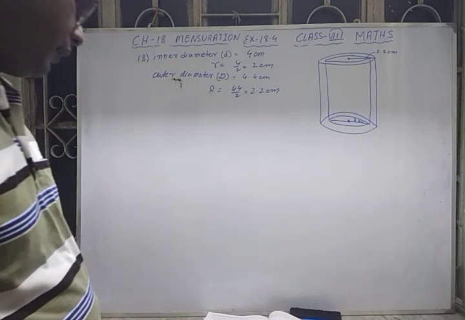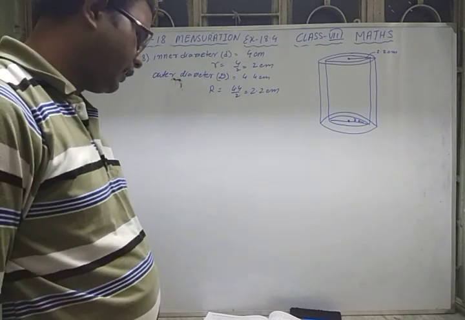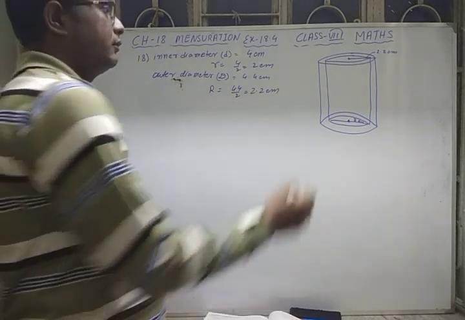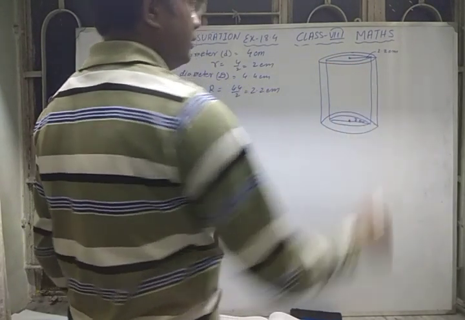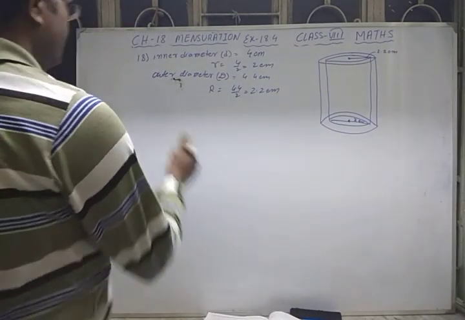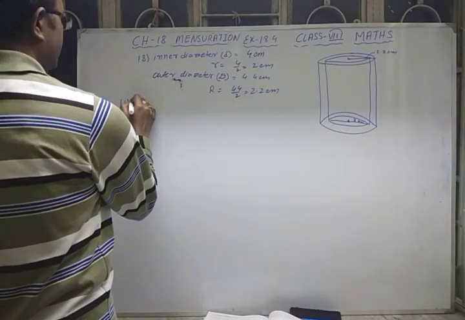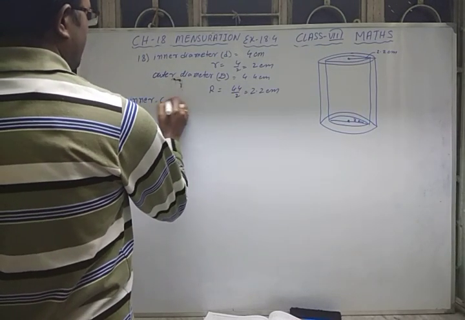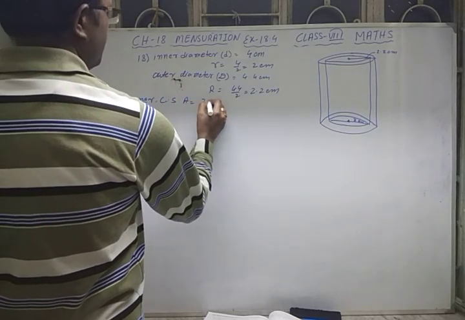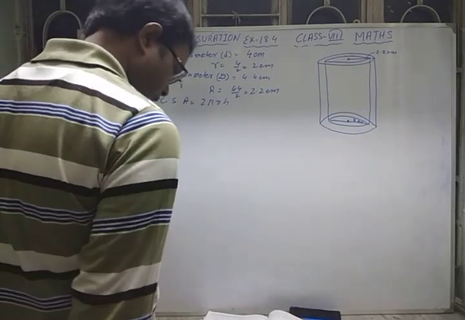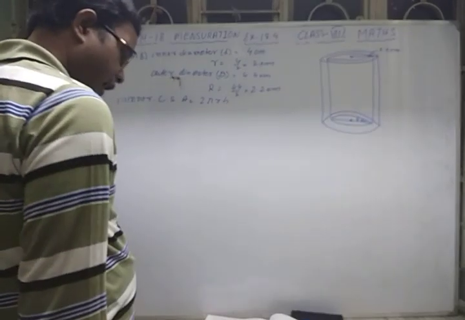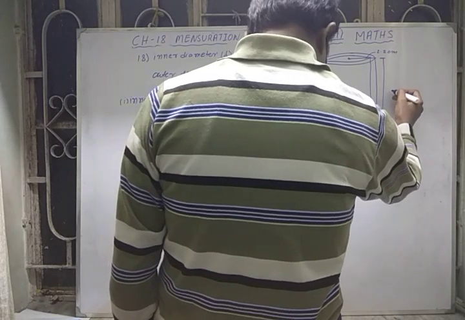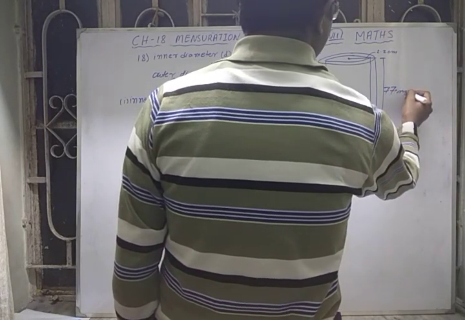Okay. Now first of all you have to find the inner curved surface area. To find the inner curved surface area means just the curved surface of this inner portion, that is 2 pi rh. Number 1, inner curved surface area equals 2 pi rh. And also the height, the length of this pipe, is given here. I have not mentioned it here. Its height is 77 centimeter.